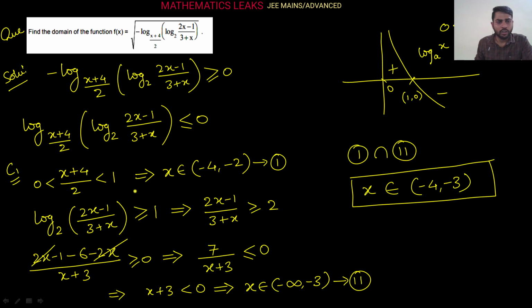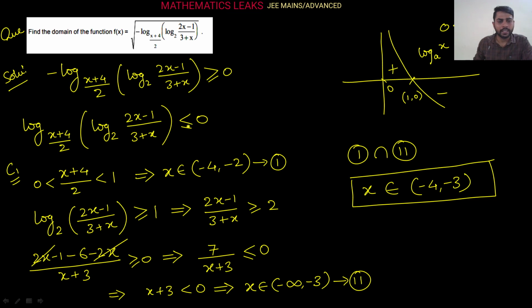Log base (x+4)/2 of the quantity log base 2 of (2x−1)/(3+x). We want this quantity less than or equal to 0. So case 1, as you know, we are taking the base in between 0 to 1. Now case 2 I am taking here,